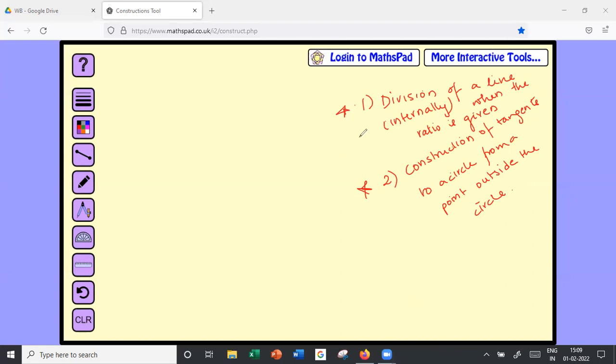Okay, out of this, division of a line, when you have been given a ratio, you'll be given something like you have a line segment, let's say AB, 6 centimeter, which you need to divide in the ratio, let's say 3:2, something like that. So how do you do it? All that comes under this. In this also there are two methods, and this is straightforward.